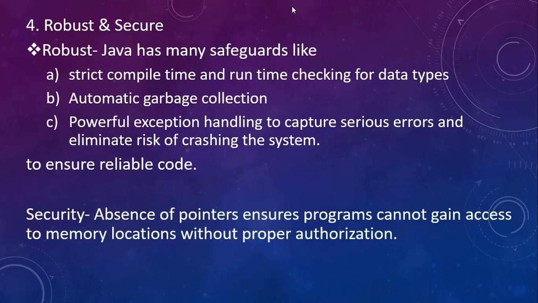Also, Java is secure. Why secure? Because in Java, the pointer concept, which was there in C and C++, is not present. Since pointers are absent, it ensures that a program cannot gain access to memory locations without proper authorization. You must have noted that in C and C++, whenever you use pointers with an array, you initialize the pointer to the beginning of the array, and in iteration just go on incrementing the pointer. Even after reaching the bound of the array, if you still increment the pointer one more time, it would access data from a memory location outside the bound of the array.